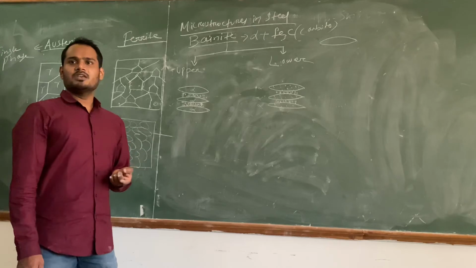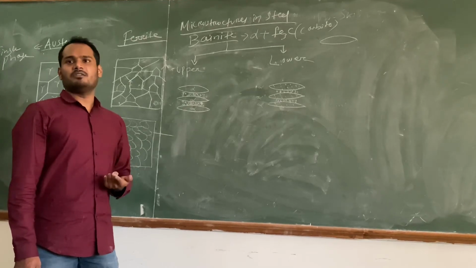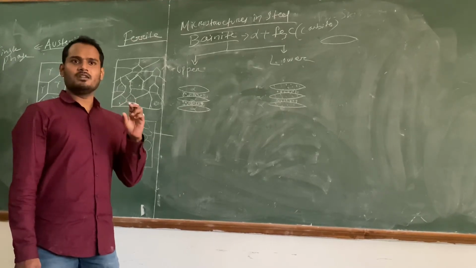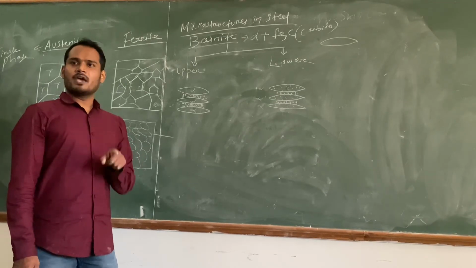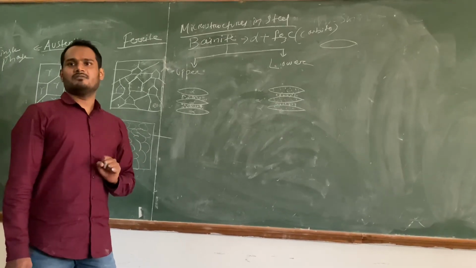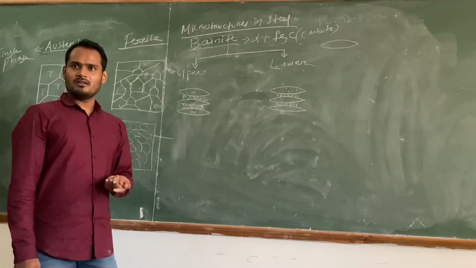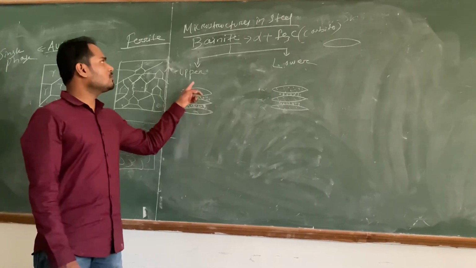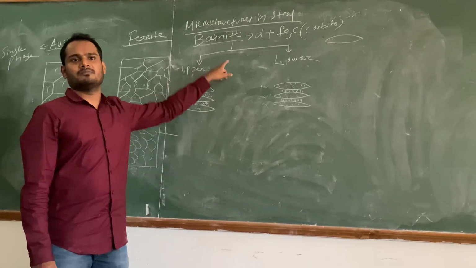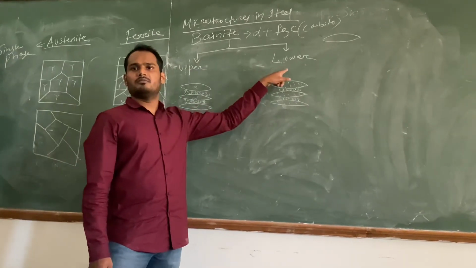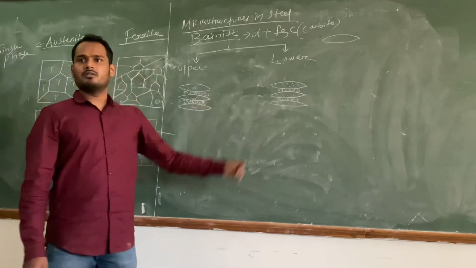Another way is what? You can go for grain refinement. You can convert your coarser grain into finer grain. So these are the two best ways to get high toughness in the steel. Either you make fine grain out of coarse grain, or you can change the initial microstructure into bainite microstructure. And lower bainite is good. It is finer as compared to this one. Is it okay?